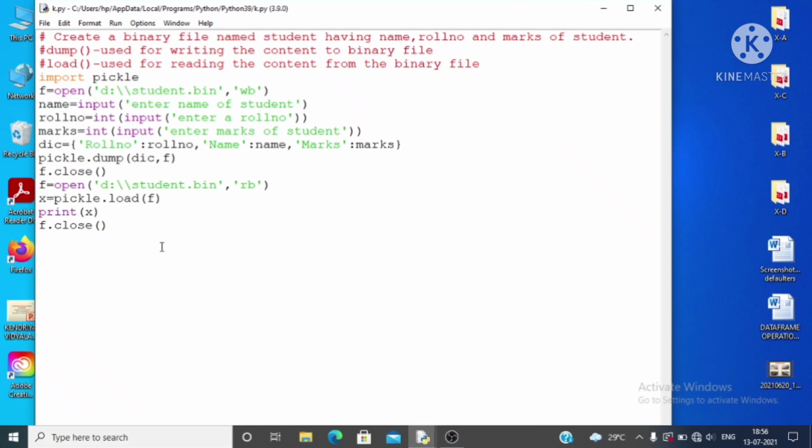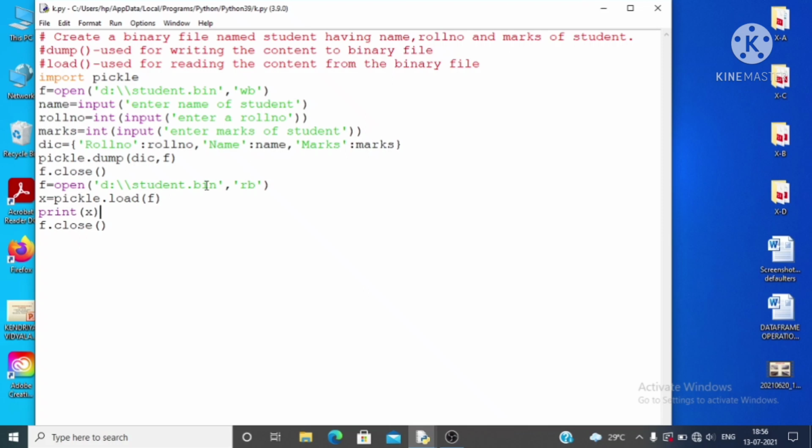What you have done: first of all you imported the pickle module. After that, you opened the file in write mode, then took name, roll number and marks from the user as input. A dictionary has been created. After that, by using the dump function of the pickle module, you inserted the dictionary in your binary file, with the file object as the second parameter. After that, close the file.